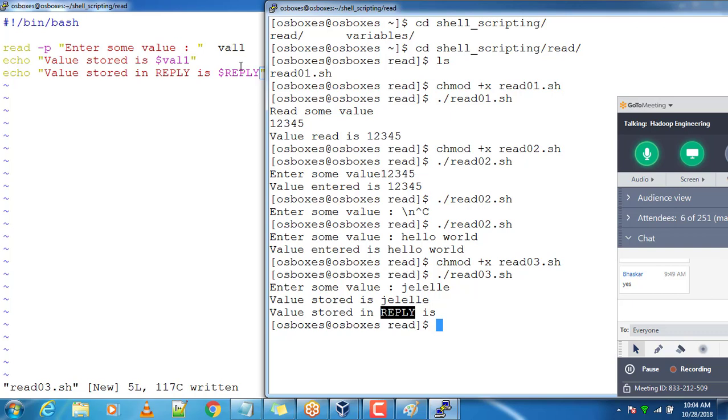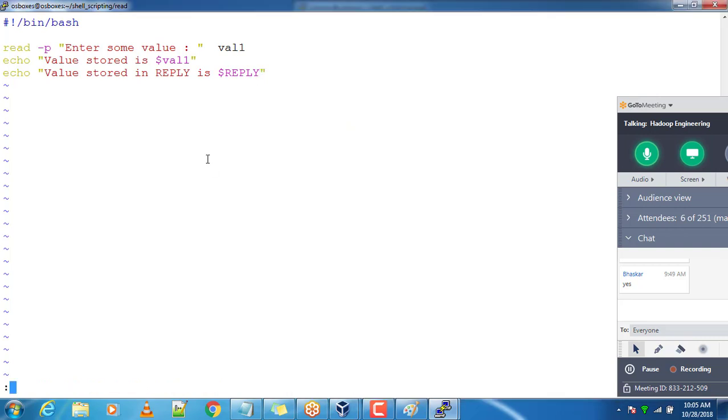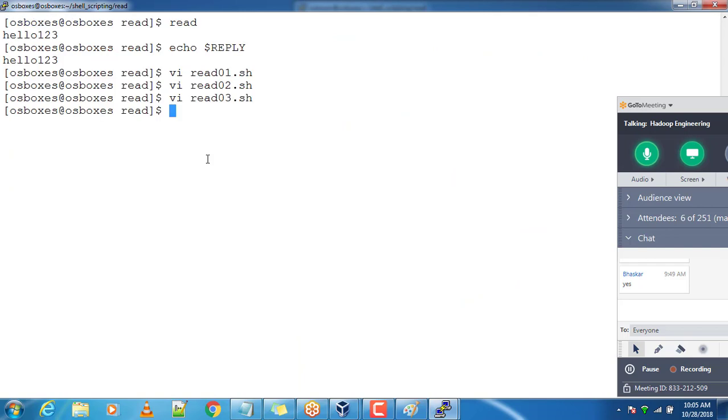So the read command is used for reading something from input. By default it will be in REPLY. Okay, so if you want to store into a special variable, you can use that variable. Normally, whatever the value we are typing here, we are able to see that, right? So if you don't want that, especially when you read the password and all,